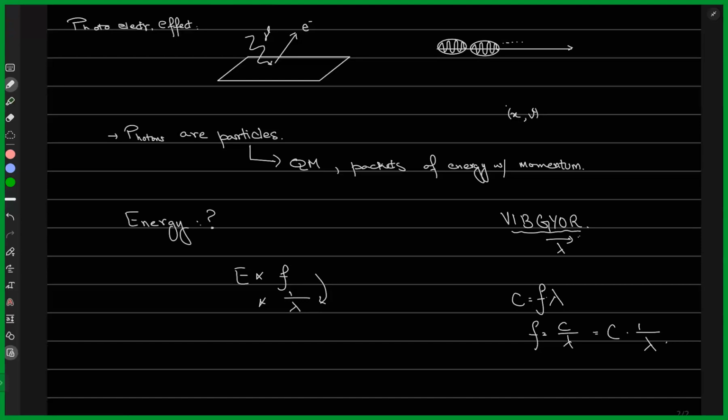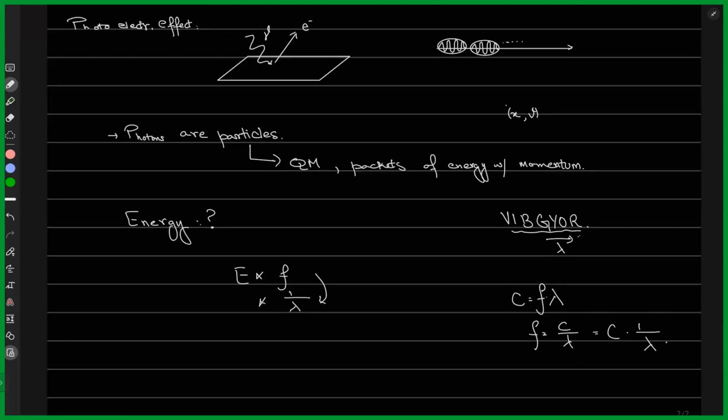And so if I consider an example, let's pick a single color. Suppose you have green photons, then all of the green photons will have the same energy. Why? Because their frequency would be the same, as their wavelength is the same. So all green photons would carry the same energy. And so you can also increase the energy in a light beam while keeping the color the same.